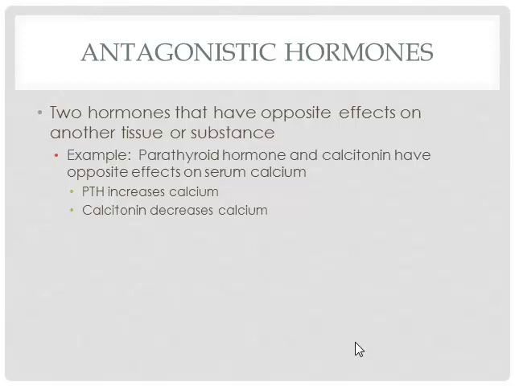And so there's this fine balance related to homeostasis in which we're trying to maintain these levels, but the hormones are going to directly affect that. So if we had too much parathyroid hormone present, for example, then we're going to increase that calcium level, and the calcitonin levels will need to increase, because then we might have too much calcium available. If they do not increase the calcitonin level, then the decreasing of the calcium is not going to take place, because there would be too much parathyroid hormone producing too much calcium.